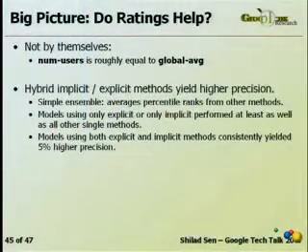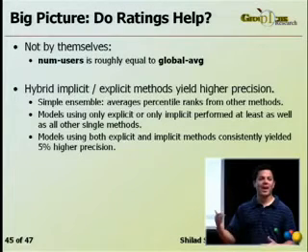So what we did is we formed a hybrid method that basically averaged the responses from all the different tag selection methods, both explicit and implicit. And what we found is that the overall precision was 5% higher. So rating tags actually did add extra value in terms of precision.